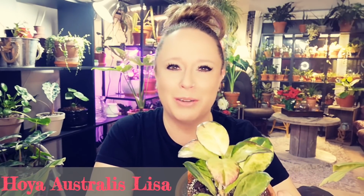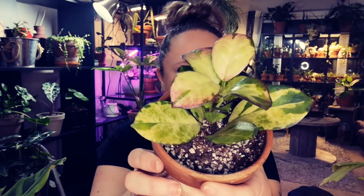So this is the Hoya Australis Lisa, I think. So it's the variegated. Am I even using the right term? I'm pretty sure I'm using the right term. Anyways, so this is it. I'm going to try to tip it a little without